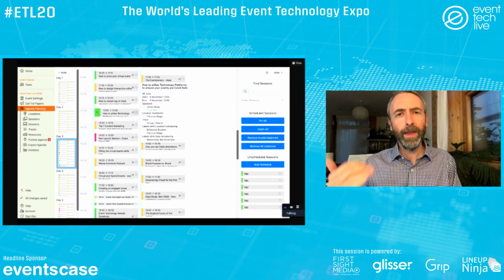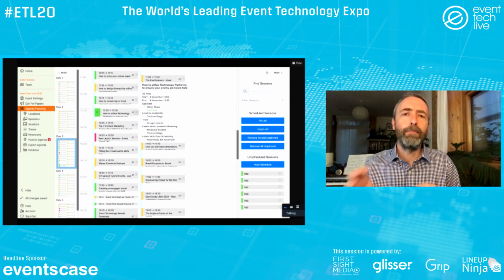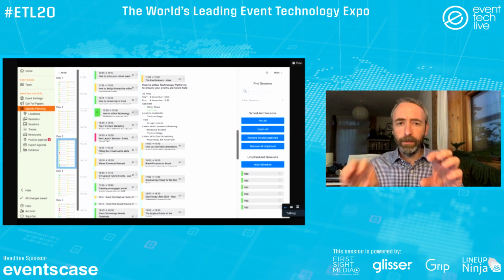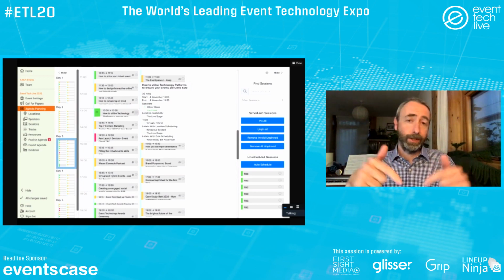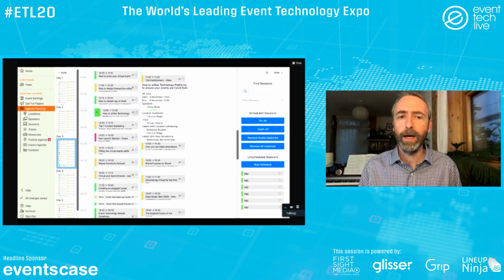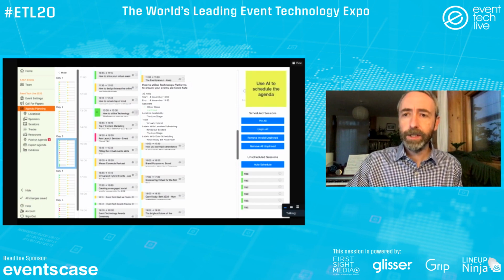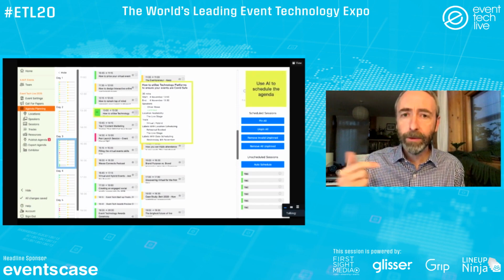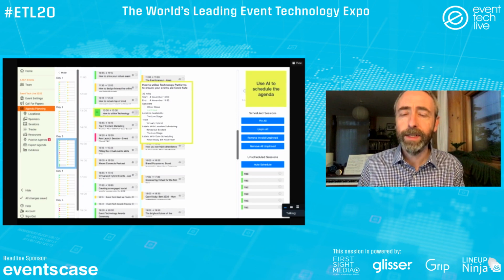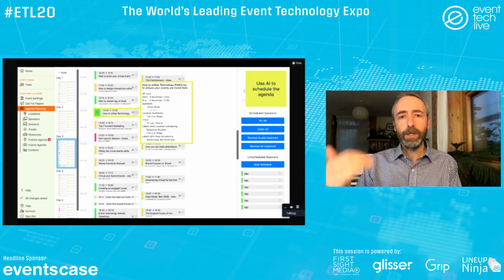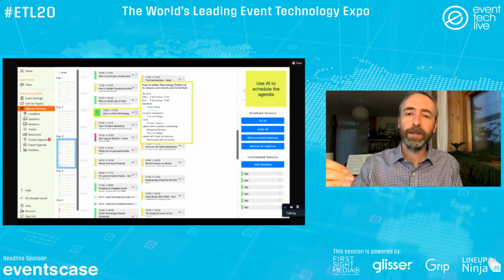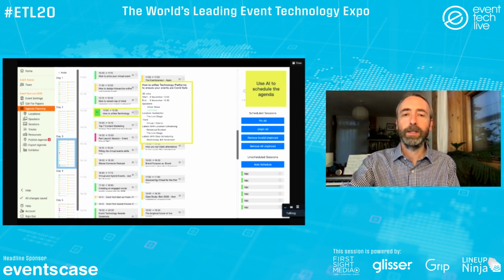And they opted for the first method of manually curating the event, just manually scheduling the sessions and getting the feedback from the AI. So this first session here, how to utilize technology platforms to ensure your events are COVID safe. This is one that has gone green because everything's fine with it. And in this example, they've